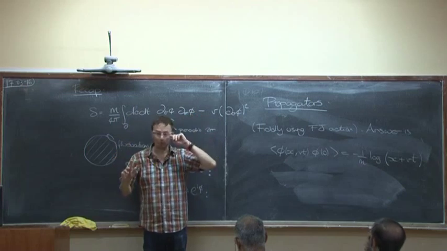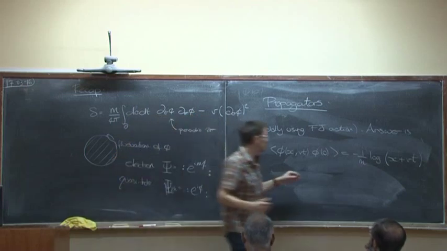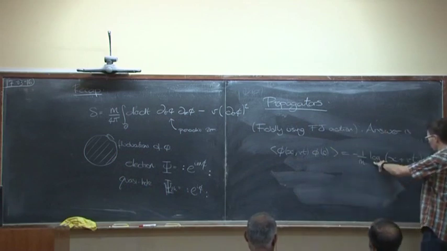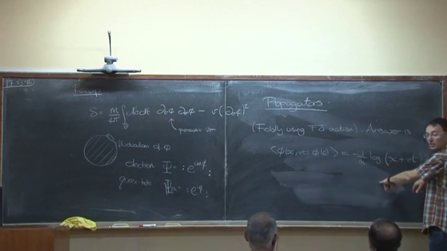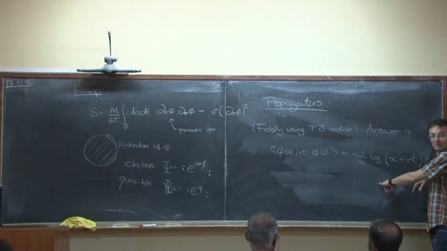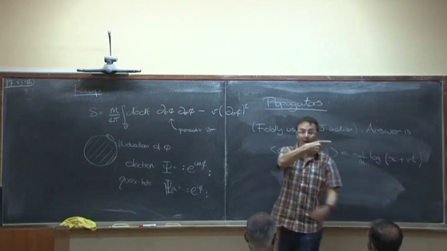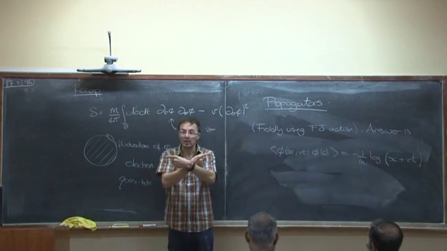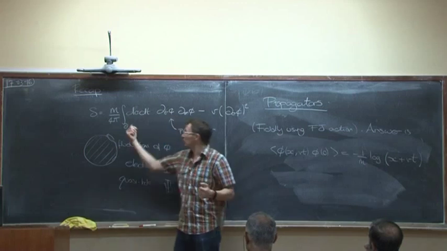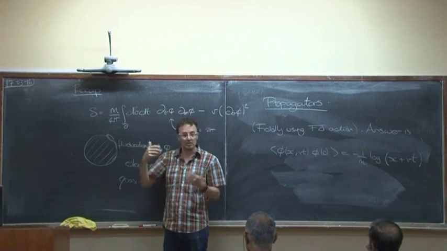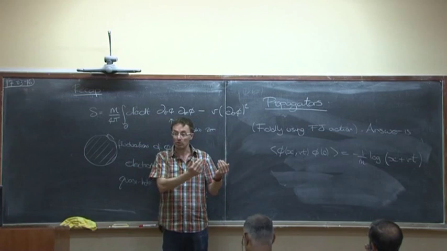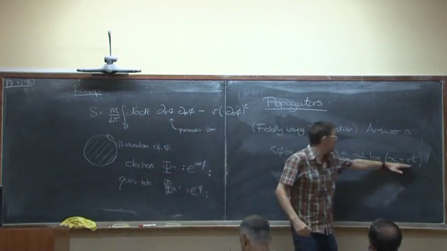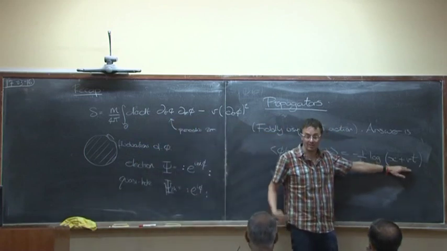Very, very easy to compute the propagator for that. What do you find? You find that it has this term, log of x plus beta, plus log of x minus beta. Why does it have two terms? Because it's a scalar field, and some of it can go that way, and some of it can go that way. They're the only two options. So now we've basically got half of that. The whole point of this action is that it was a funny action designed to give you a chiral field, which only moves in one dimension. So it shouldn't be that surprising that it's just that chiral half.